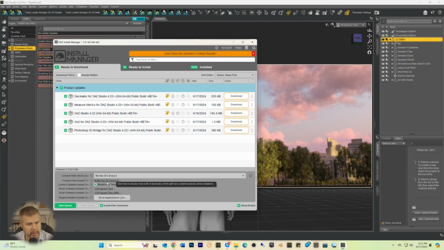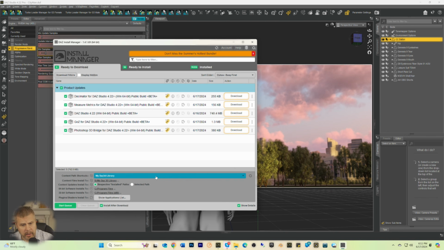So this is a complicated thing. When I switch this to here, it tells me that the content files will install to there. So what we're going to do now, what happens here is